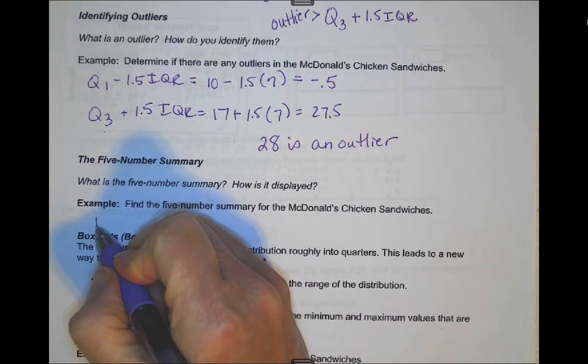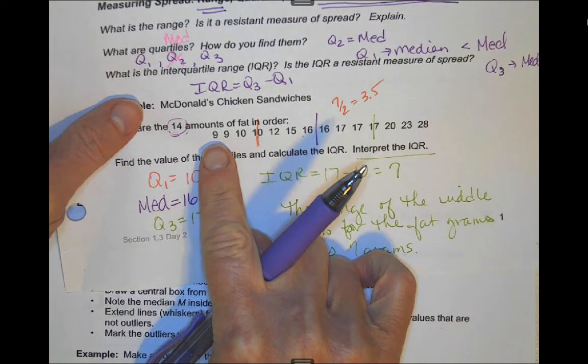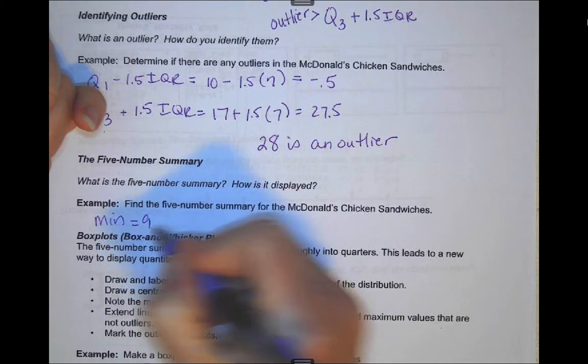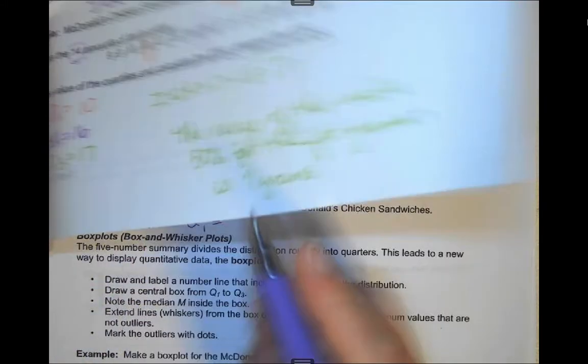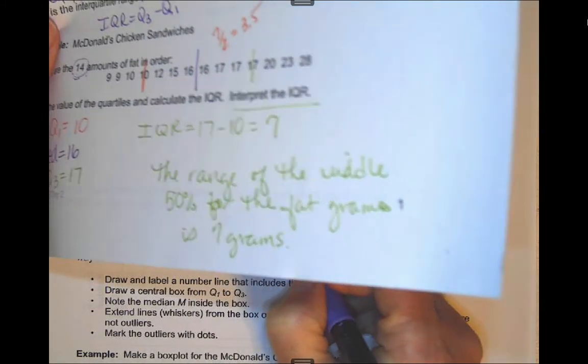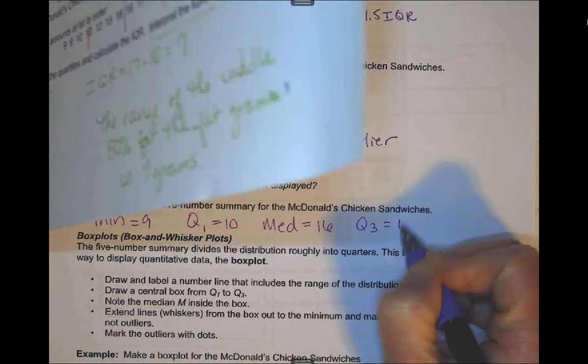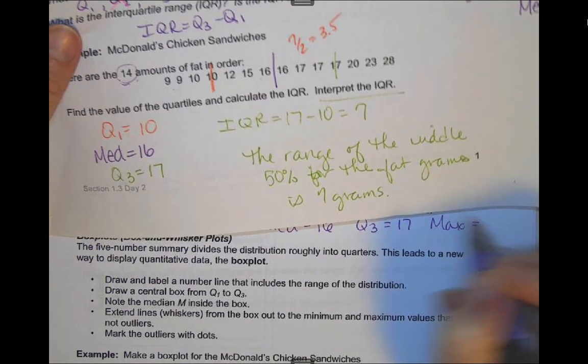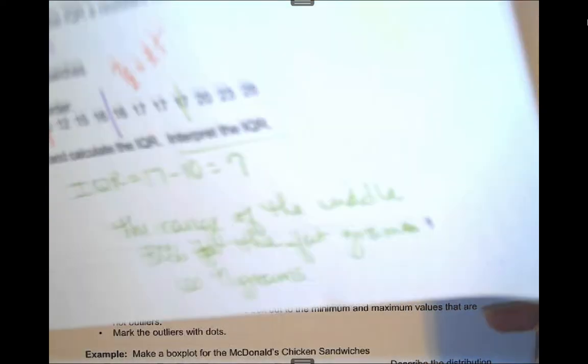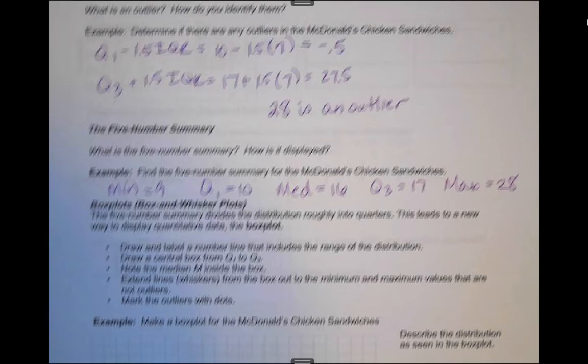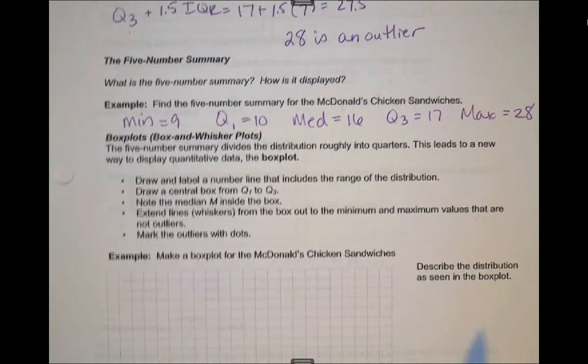So the 5-number summary for the McDonald's sandwiches, we kind of already figured this out. The minimum would be 9. Q1 would be 10. The median would be 16. Q3 would be 17. And the maximum would be 28. Okay? All right. When we create our box plots,